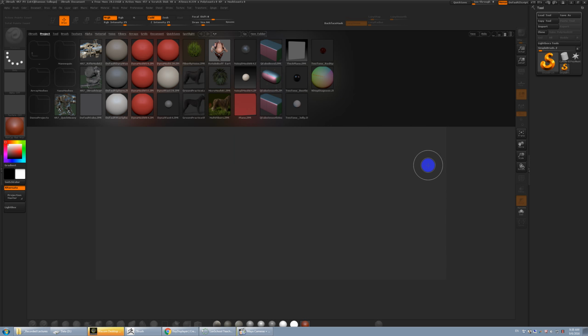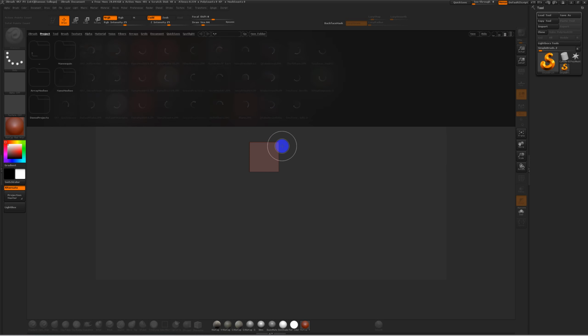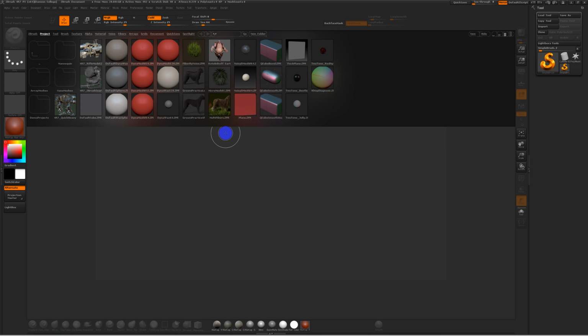So this is ZBrush. ZBrush is very weird. I'll explain that right away. It's a very bizarre software when it comes to 3D. So if you take a look, when you open the software by default, there's this thing called Lightbox that opens up. Lightbox is basically a quick way to access